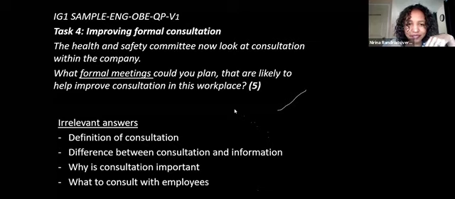Okay, good. Now, when you look at consultation, we also talk about communication first. So communication, and then we see there's consultation, there's information. And then the tendency is to think about consultation now as emails, posters, video. No, these are not meetings. They do not answer the question. The question says formal meeting. So we need to mention the monthly meeting, management meeting, M&R meeting. I don't know what that is, but you can get the mark if you elaborate on it quickly and correctly. So toolbox meeting, town hall meeting, HSC committee meeting, these are all correct.